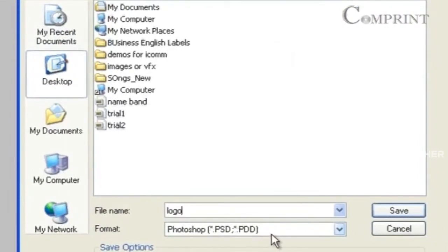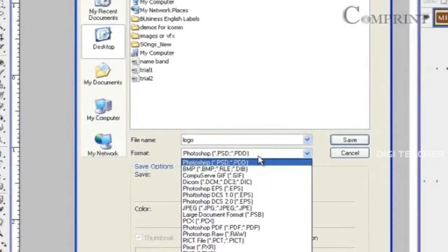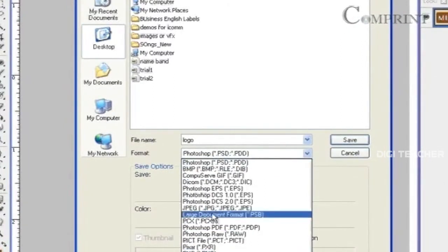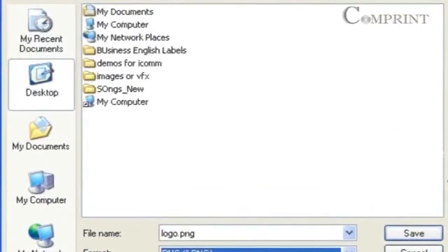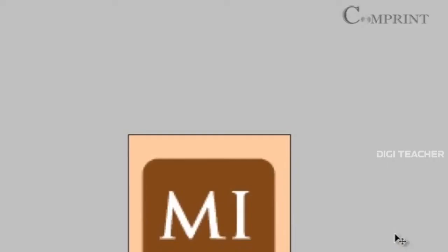Generally, images are saved in PNG format or JPEG or TIFF or GIF format to insert into a web page. For now, we choose PNG format. Now, click on Save to save the file.